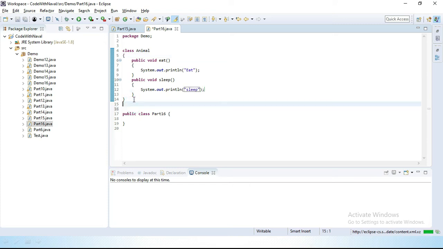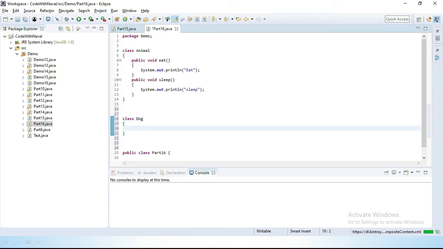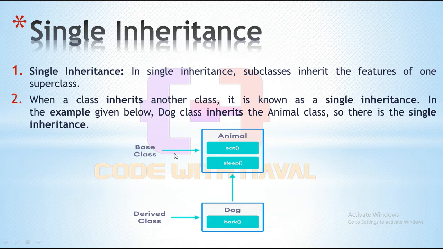Now we need to create one more class, a child class. I'll simply create class dog. Here we define one more method, public void bark. Here the dog has a bark behavior.